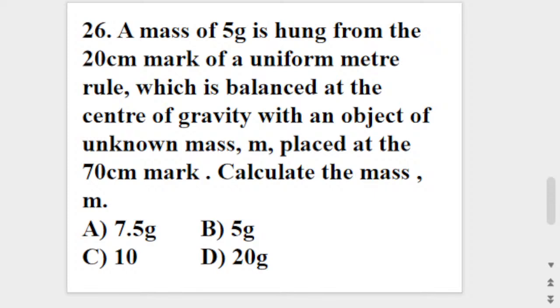What do we put? That's 5 grams here. The 5 grams now multiplied by 30 centimeters is equal to the m, which we need to calculate, times 20 centimeters. And the zero here can cancel the zero here. 5 grams times 3 will give us 15 grams is equal to 2 times m will give us 2m. If you divide both sides by 2, then our mass will be 7.5 grams. As simple as that. So the mass of this particular unknown mass